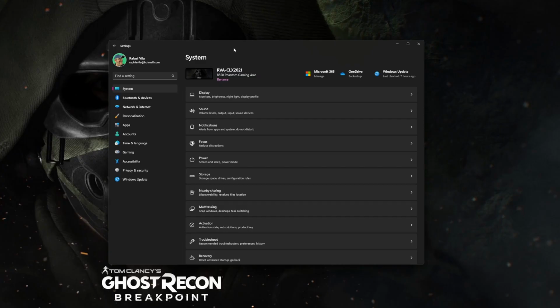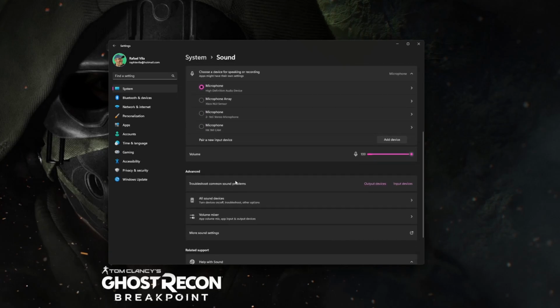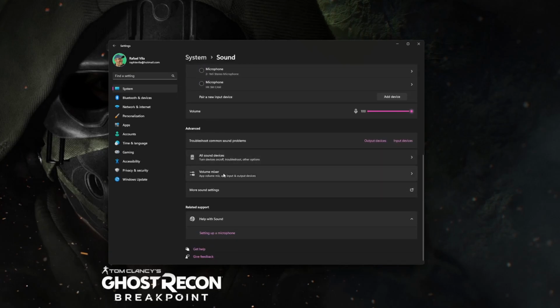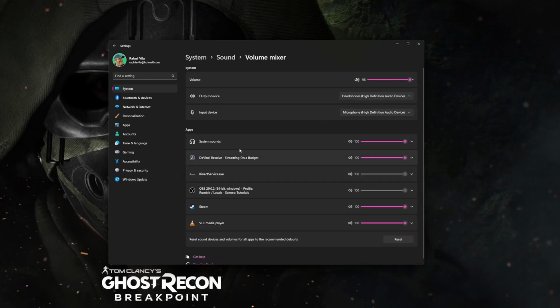Okay, to set up the audio as I want in this tutorial, I'm going to the system settings, sound, and go down to advanced on the volume mixer. You have to check if you have a different operating system. I'm using Windows 11. If you have a different operating system, they probably have something similar to this. So I go to advanced volume mixer, and as you can see, all the applications that are open right now